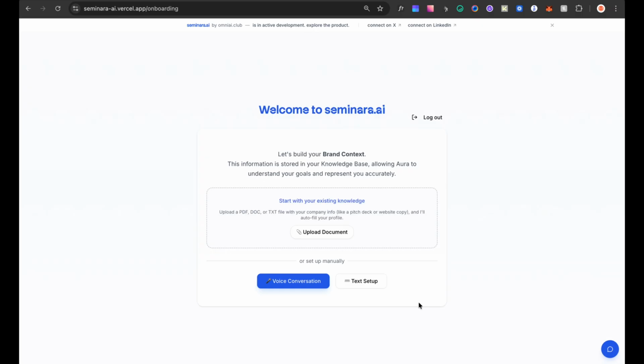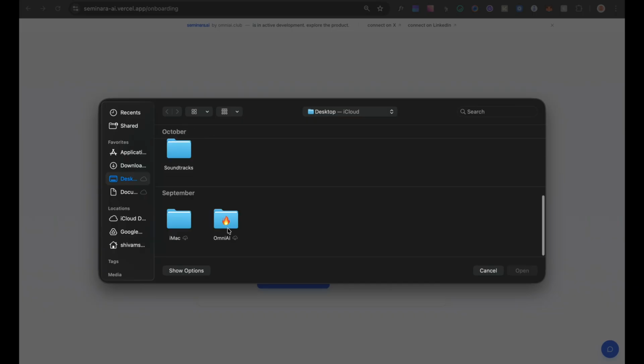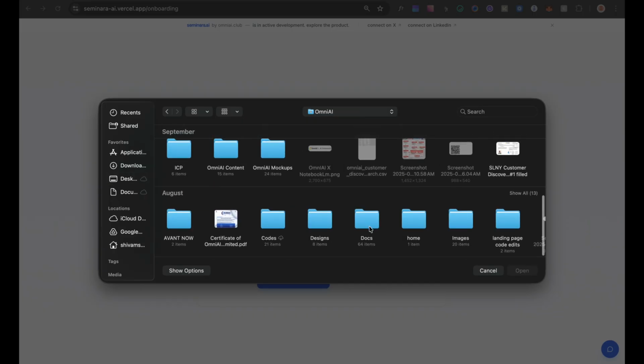So we have three options to onboard: a PDF document option, a basic manual text setup option, and for users that are curious to see how Aura interacts in real time, a voice conversation option. But as a business owner, my favorite is the PDF or document option because we get to give a lot of information in a few clicks. So basically, I'm going to onboard my own company here,